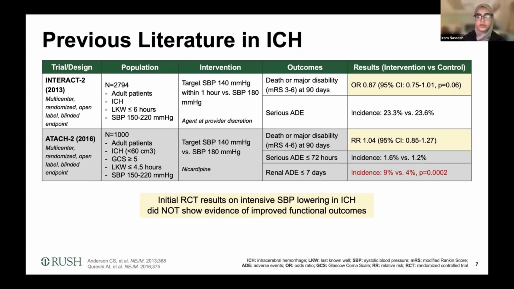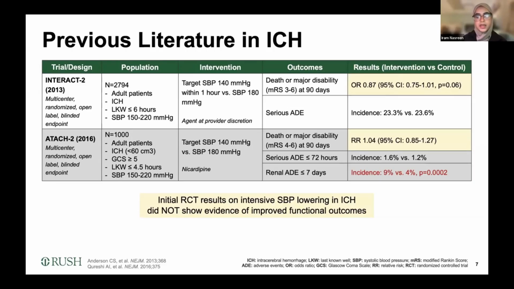Patients were randomized to one of two treatment arms, either targeting a systolic blood pressure of 140 within 1 hour versus a more conservative target of 180. And the choice of antihypertensive agents used was left to the provider's discretion. The primary outcome was death or major disability, which was defined as a modified Rankin score of 3 to 6 at 90 days. And the results showed a trend toward benefit with the lower systolic blood pressure target, with an odds ratio of 0.87. And although this did not achieve statistical significance, with a p-value of 0.06, the